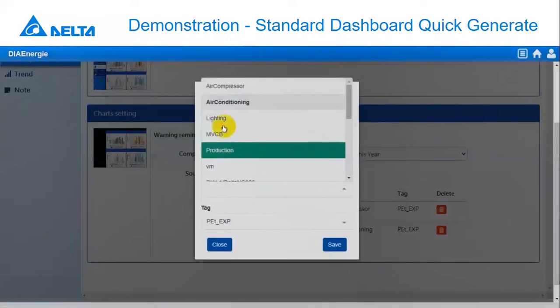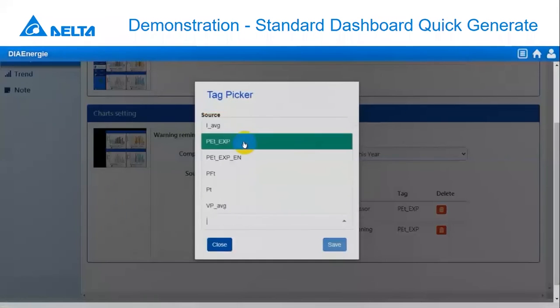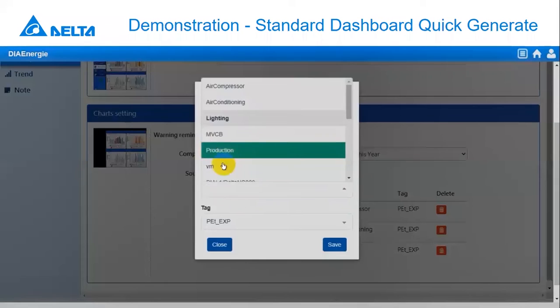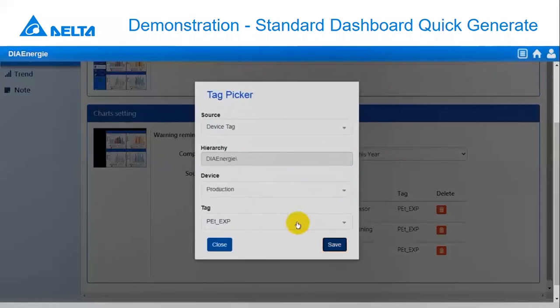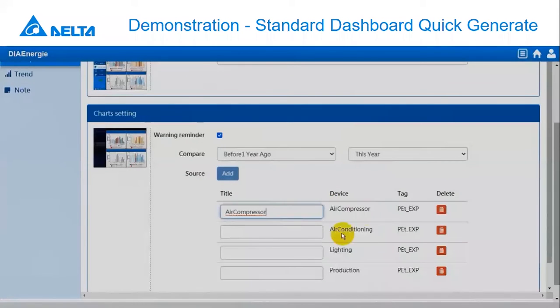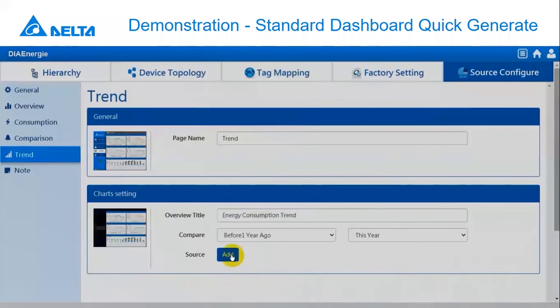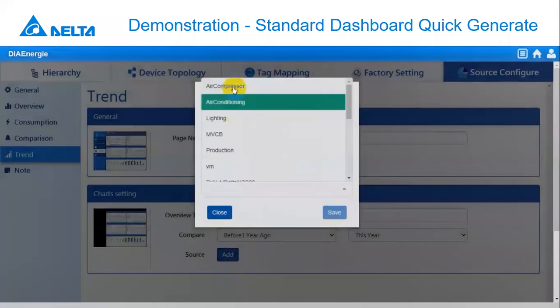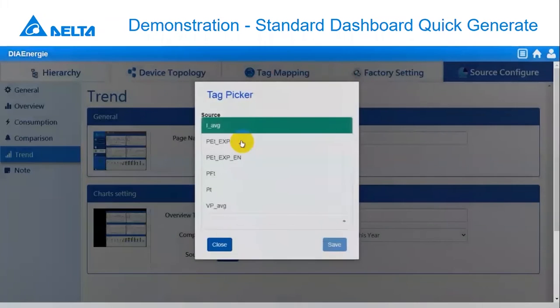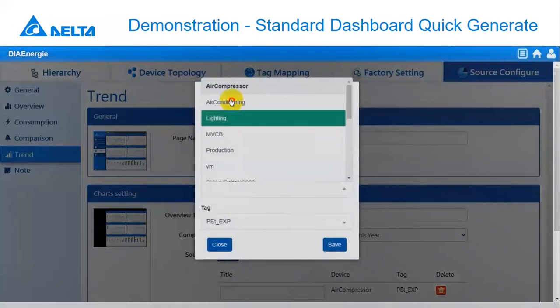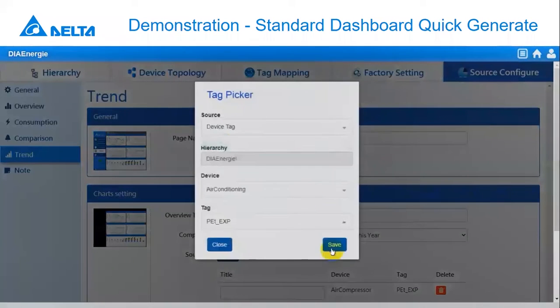Actually, for the system, I could say 90% of the programming is all configuration like this. You just select the target, the parameters, and then key in the suitable parameters or the descriptions. Only for some advanced functions, like you want to send the report via email